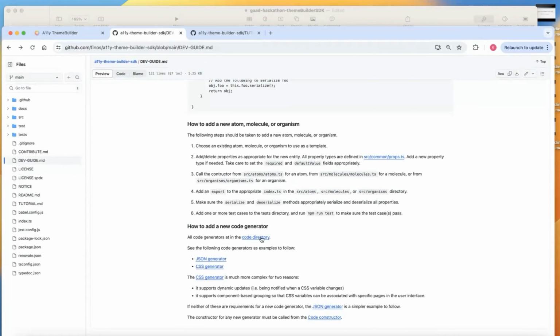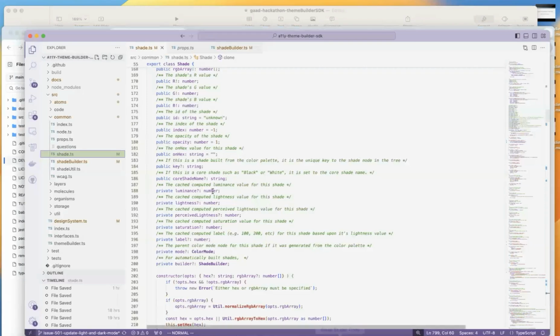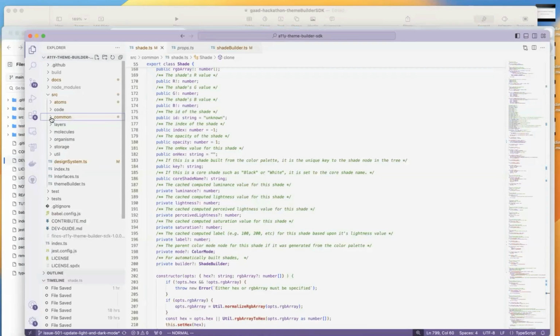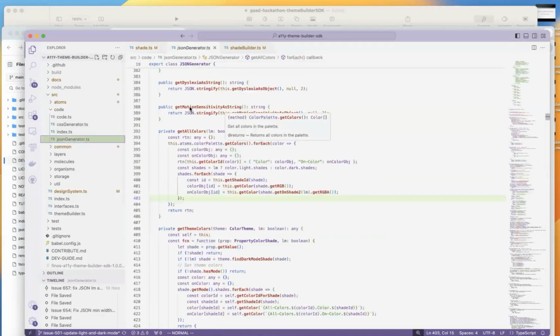Now, adding new code generators, let me go to the code generators just to give you a little bit of a flavor. There are two code generators, as we know, CSS and JSON. And by far, this CSS generator is much more complex than the JSON generator. And the reason for that, if you go in here, sorry,